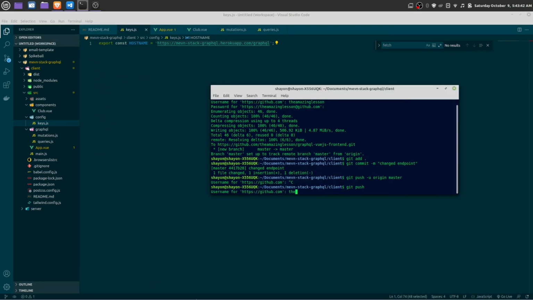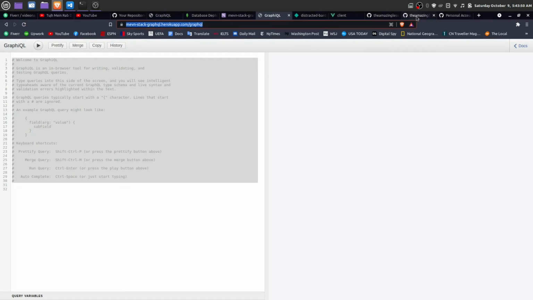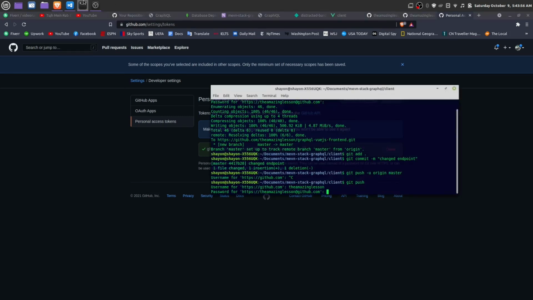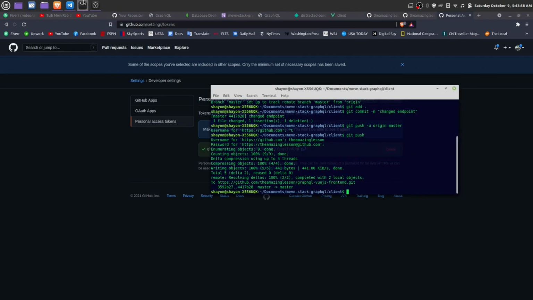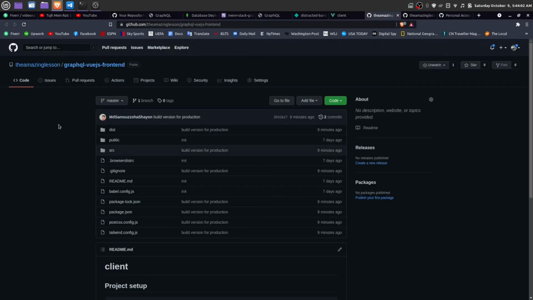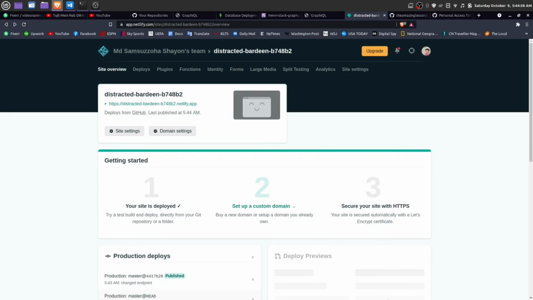Username is the same, and the password is the token we used, the personal access token. Copy this and paste it here as well. Okay, it pasted. Once again reload the page.